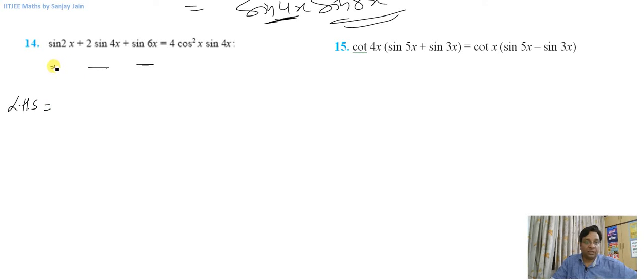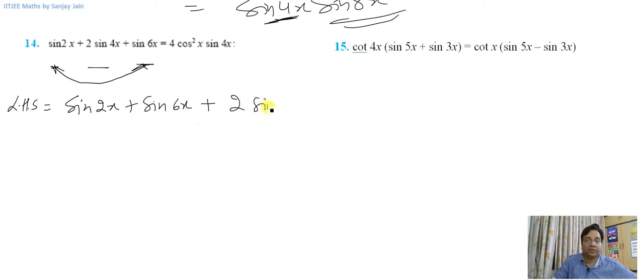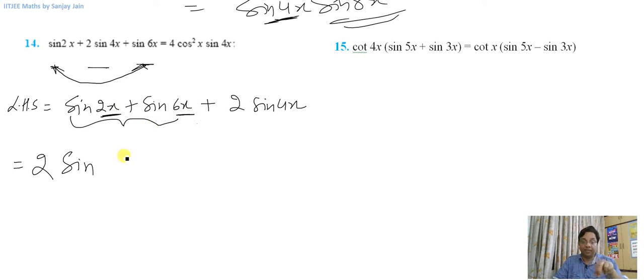So what I am going to do is, I'll apply the CD formula on these two terms, because the average of their arguments or angles will give me the angle of the middle term. So I'll regroup these terms like this: sine 2x plus sine 6x plus 2 sine 4x. Now I am going to apply the CD formula here, which is sine c plus sine d means 2 sine (c plus d) by 2, where c plus d is 8x by 2, that is 4x, cos (c minus d) by 2, that is 2x minus 6x, minus 4x